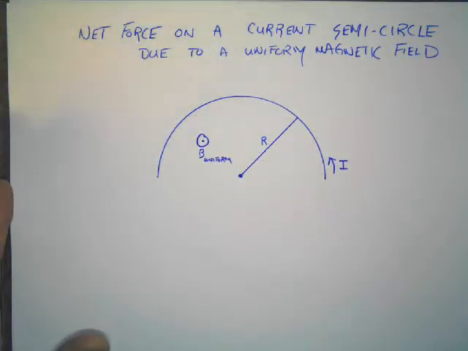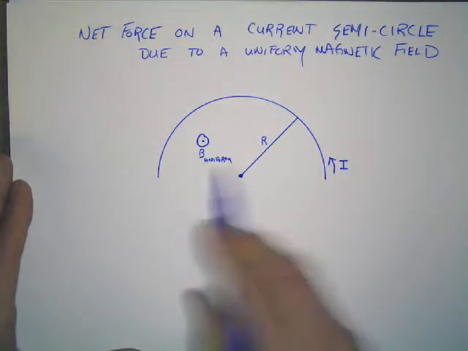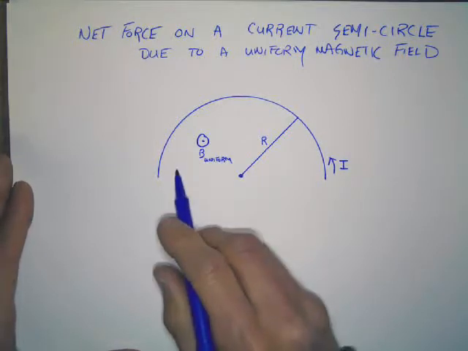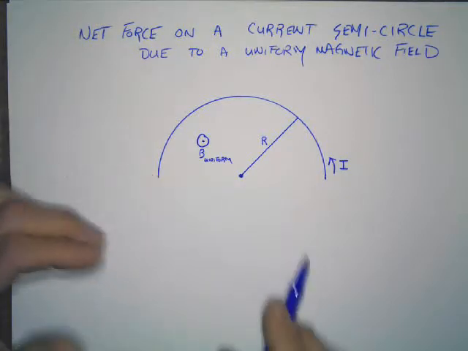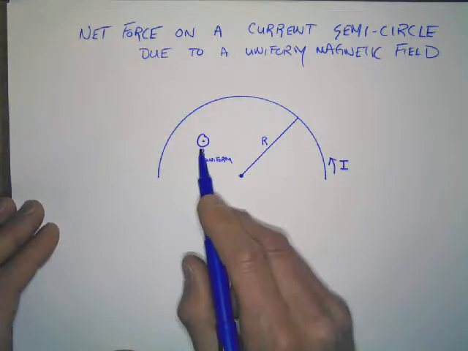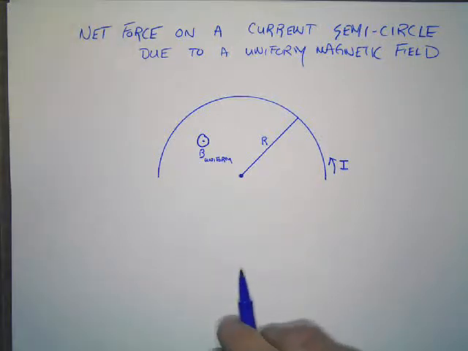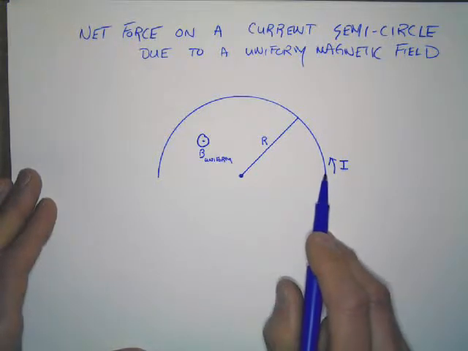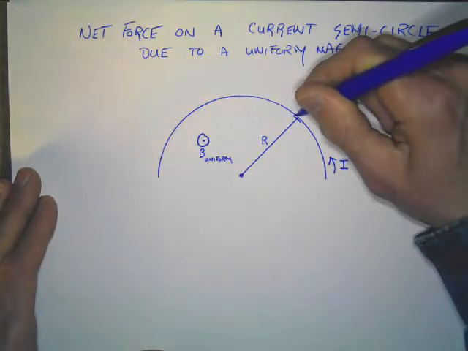I'm only going to draw one symbol for the magnetic field direction. I'm not going to actually be putting in other dots in this picture. So you just have to keep in mind that the magnetic field is uniform throughout this picture. Okay, so that's what's going to be actually affecting the loop itself. So the way to handle this problem is to look at the arc and break it into really small pieces. So we're going to focus on a very small section of the arc here,